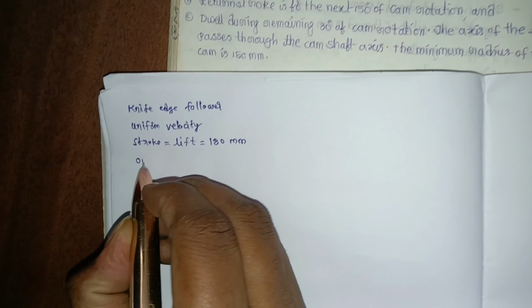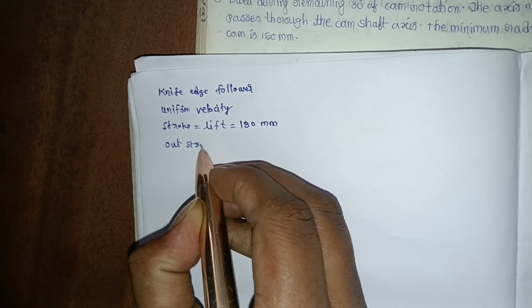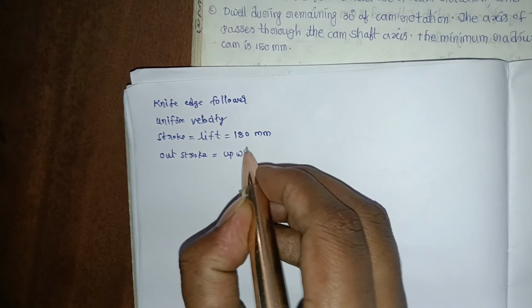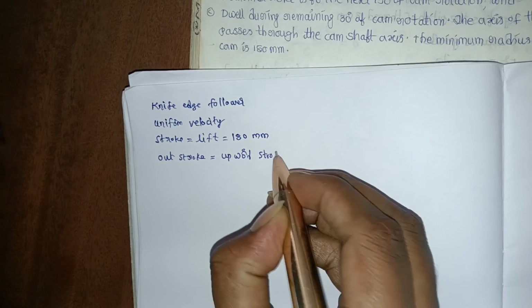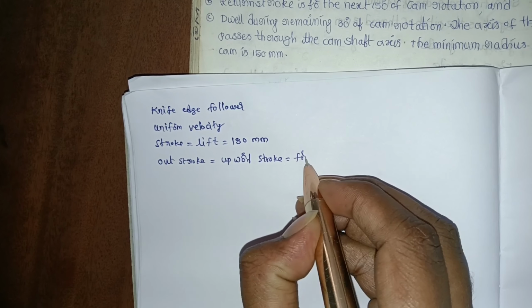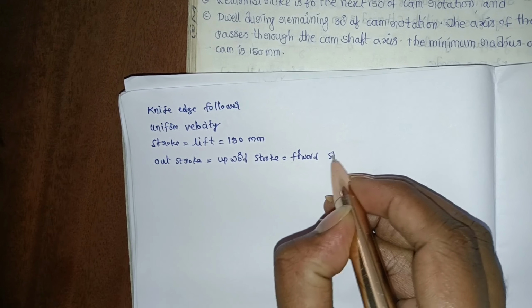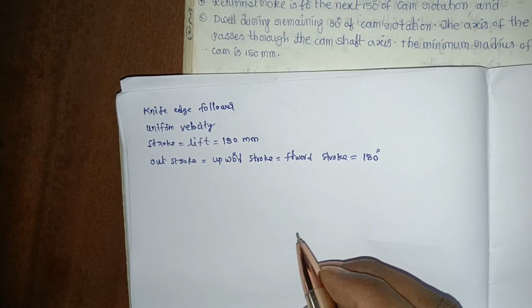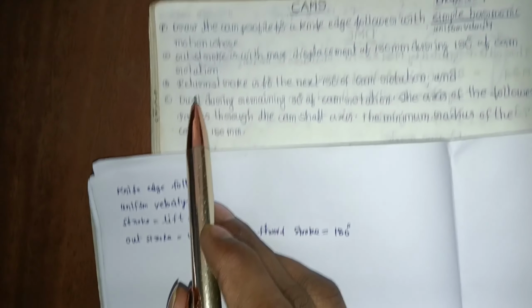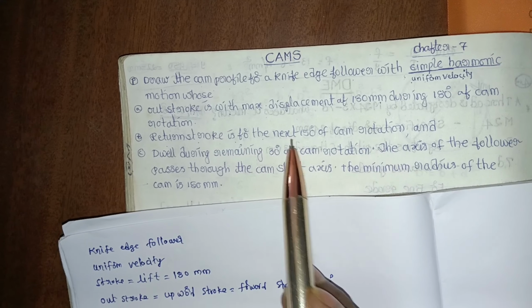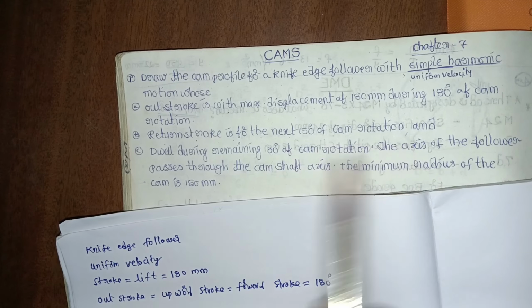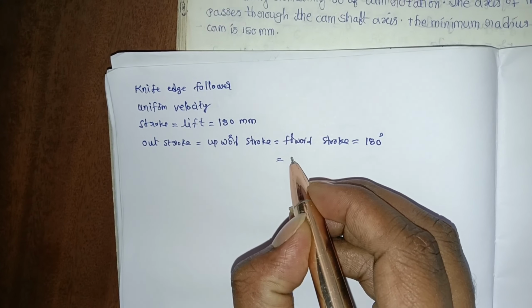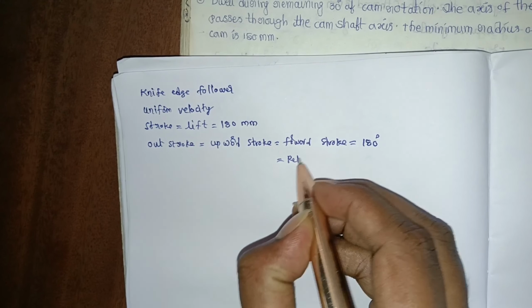So here the outstroke, also called an upward stroke or a forward stroke, is given 180 degrees of cam rotation. The return stroke is for the next 150 degrees of the cam rotation. They are given the return stroke. Forward stroke is the earlier stroke. This is the return stroke